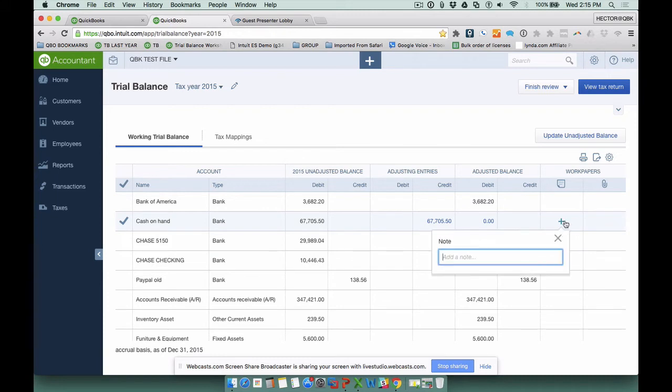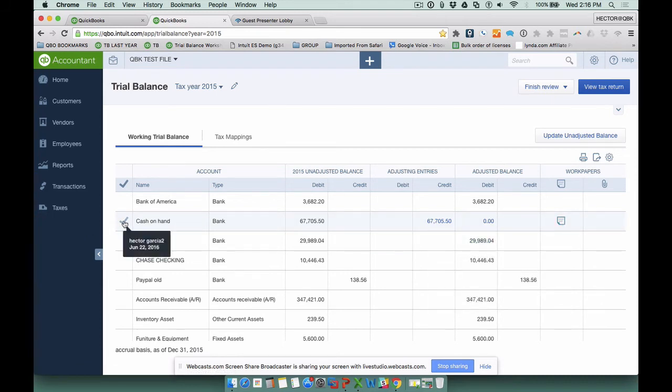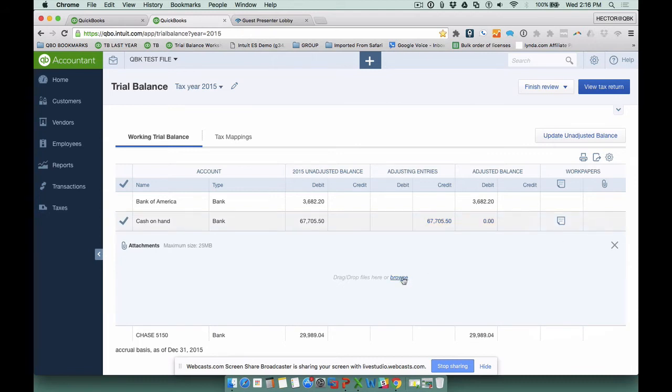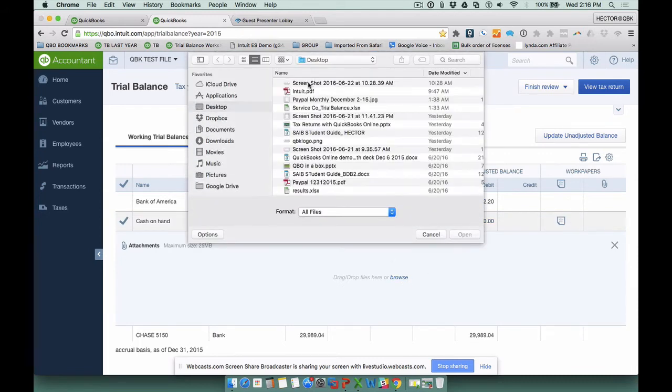I'm going to add a note saying: client stated that all cash on hand was duplicated income, made adjustment, with whatever note I'm going to put there. That becomes permanently part of my notes for that specific account. So I really like that because it's account by account. Here where the little paperclip is, I can click on that little plus sign and I can attach maybe an email that my client sent